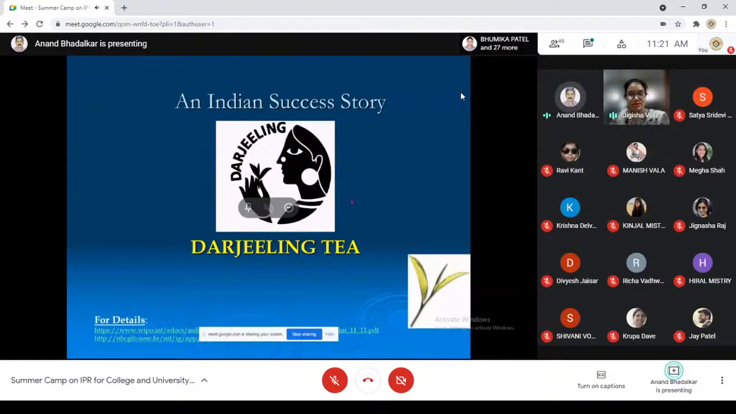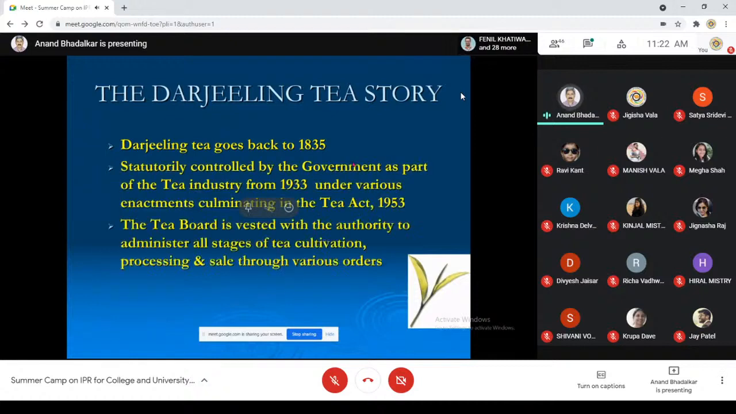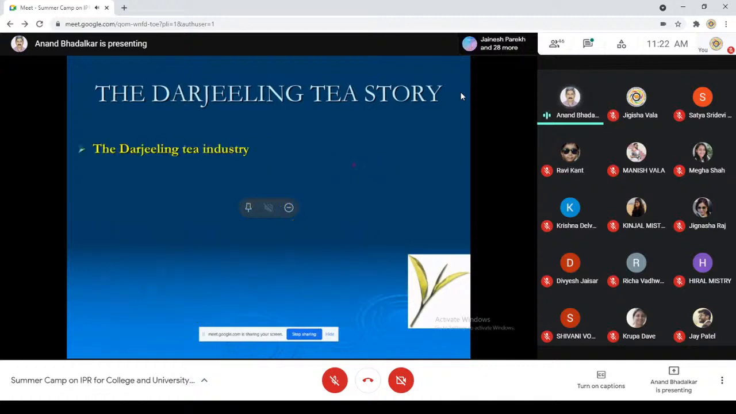Yeah, Darjeeling tea. It's about the Darjeeling tea success story. Yes. Okay. So this is a story of how commercialization of IP led to a huge success. Okay. So I was telling you that the Britishers, they were fond of tea, and they actually took a lot of business to Europe, and you got to see that